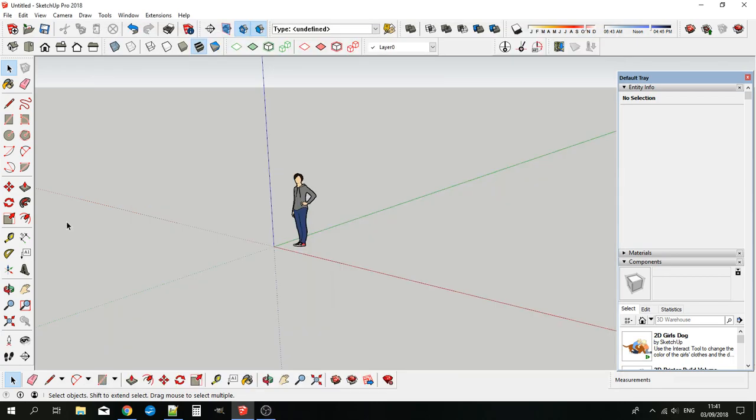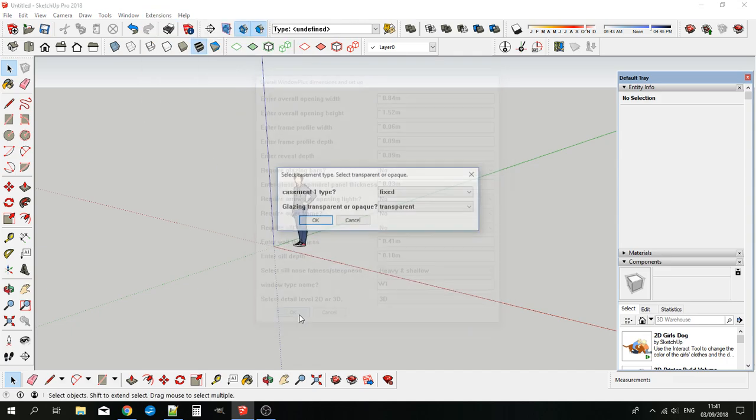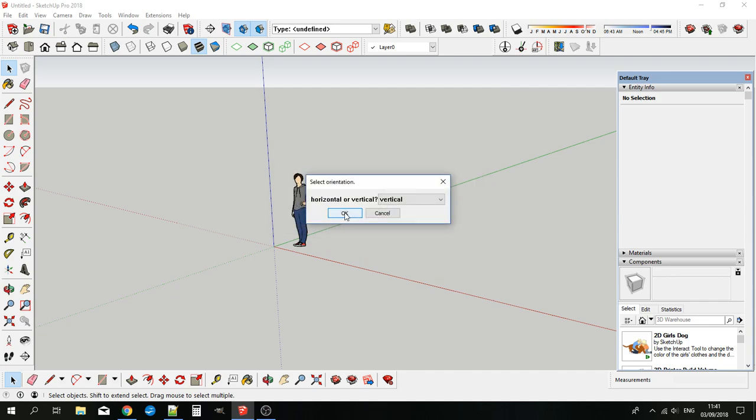Hello, Francis McShane here, and I'm going to show you a little improvement to Window Plus, which I've made to the double and slide and sash window. So we'll just pop in a little double window here, and you'll recognize this